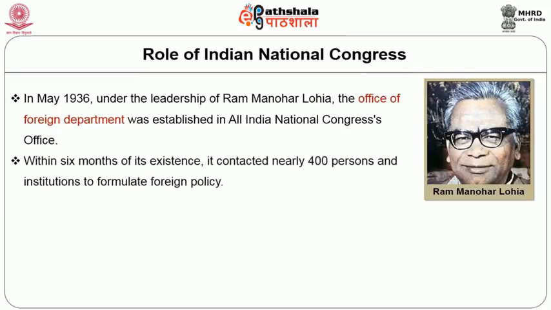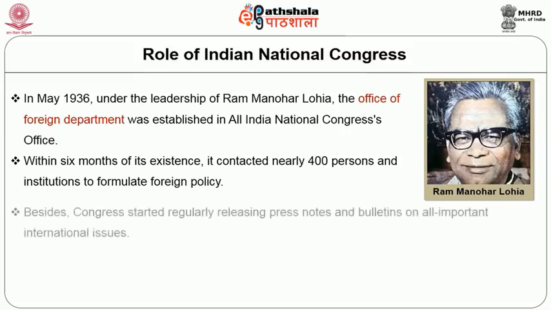Within 6 months of its existence, it contacted nearly 400 persons and institutions to formulate foreign policy. Besides, Congress started regularly releasing press notes and bulletins on all important international issues.